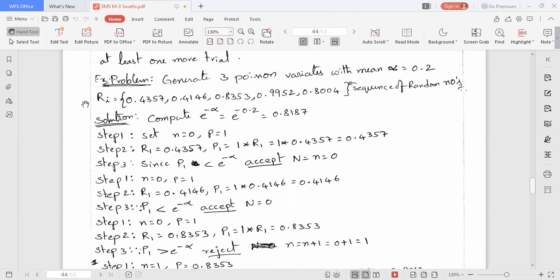This is the sequence of generated random numbers.